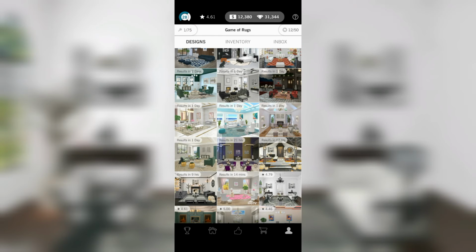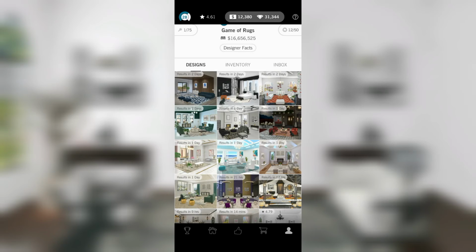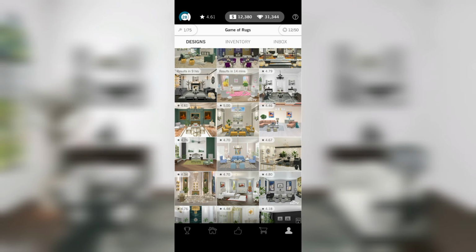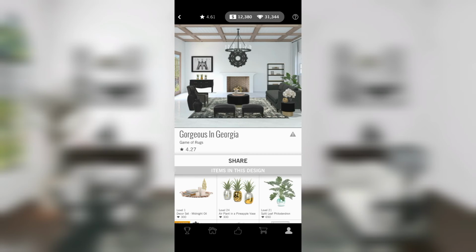And I think there was one more, maybe. Was there one more Halloween-y? I did this black and white room with the orange thing as well. I don't think it's going to score very well. I spent an absolute ton of money. Sometimes that happens, though. You're like, oh, I'm really into this room. I'm going to do this thing with this room. And you do the thing with the room and you spend like a million dollars. And then in the end, it doesn't score very well. Here's that other black and white room that I did that I was talking about. That wasn't as good as my other one. But anyway,